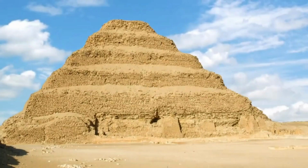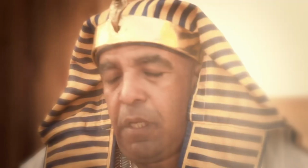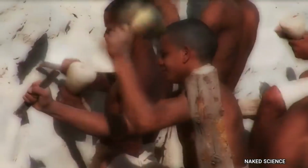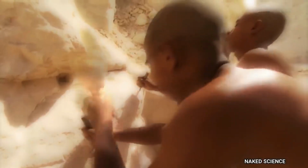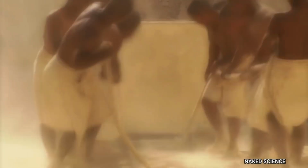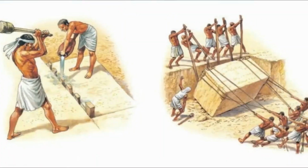The ancient Egyptians were able to build pyramids because they had a large workforce. They didn't have any machines or tools. They only used manpower to build the pyramids. The workers would start by digging a hole, and then they would build the pyramid by stacking up layers of sandstone. The use of ramps to transport blocks of stone is one of the many fascinating techniques used to build